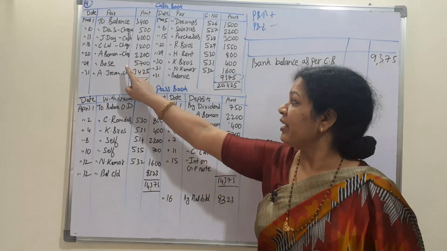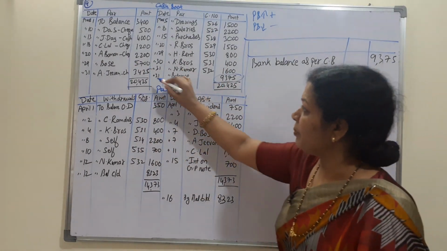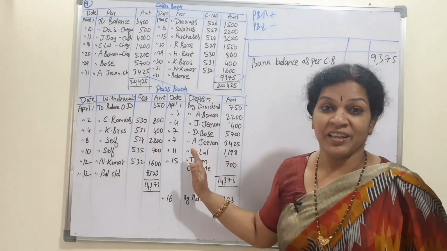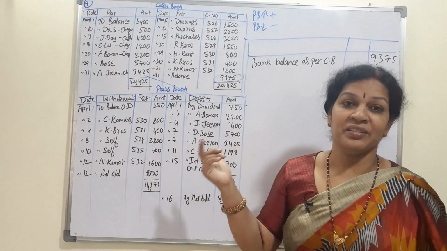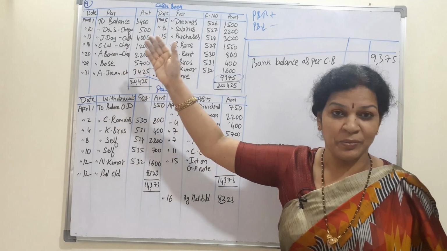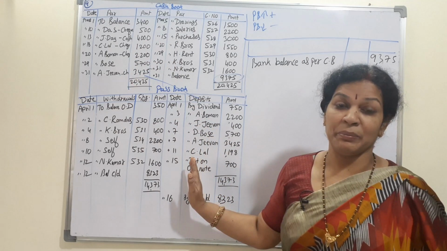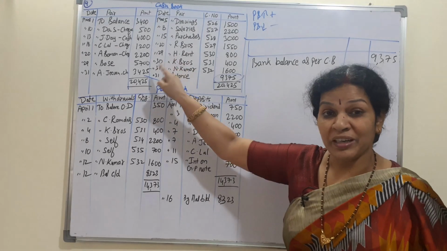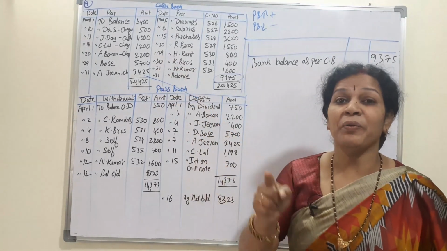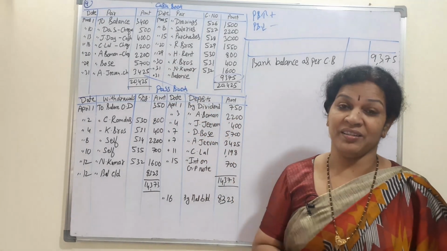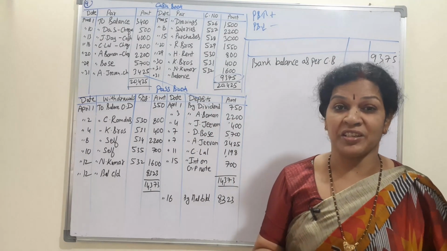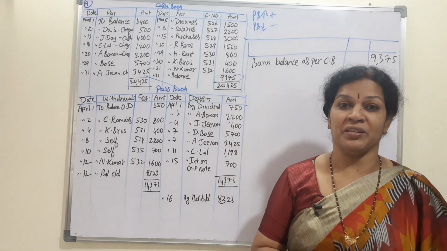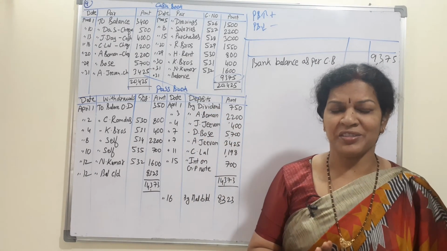It means whenever a debit side item matches with a deposit, you can say that the checks were deposited but not presented for payment by the end of March. That is why you are finding this check in the month of April. Those transactions only we are going to take. Still confused? We'll work out the problem.